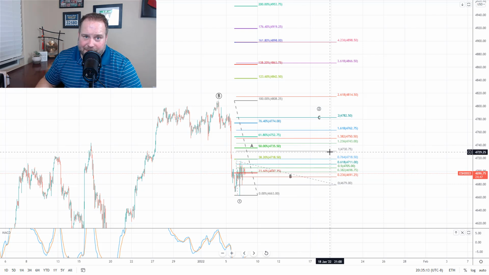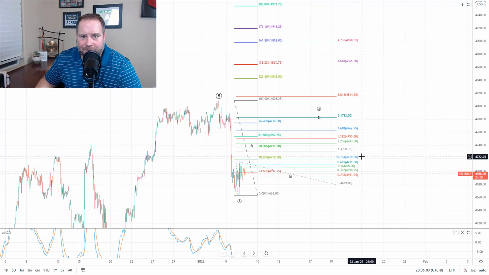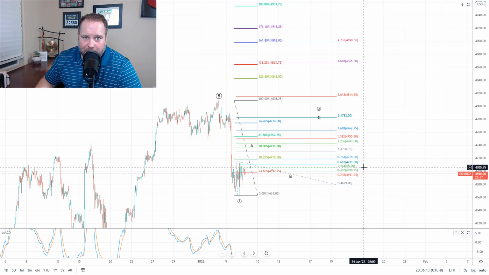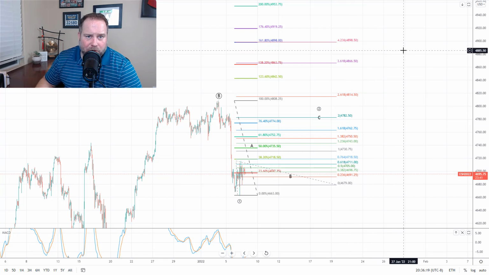Then we will start to see a pullback. So the bullish pullback has a target of around 4720, okay? So it would pull back in wave B. So this A, B, C, instead of being wave 2, would be wave A of 5. Then you get wave B down to 4720, because that would be about a 50% retrace, which is what you would expect there. And then you would get wave C up towards 4888 to complete all of wave 5 up